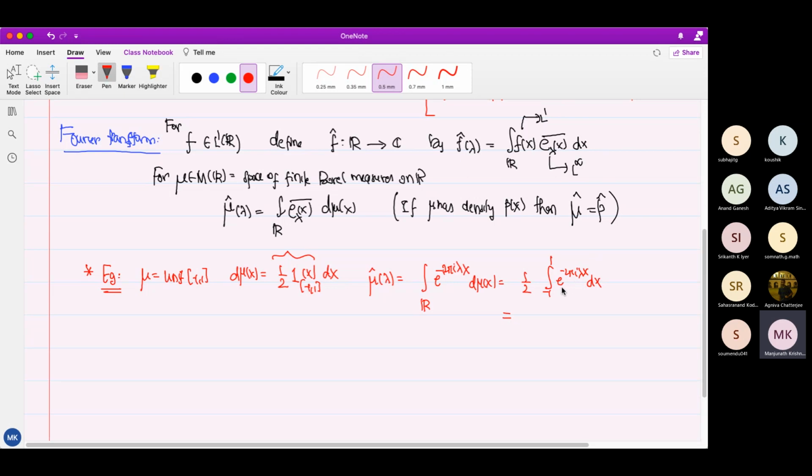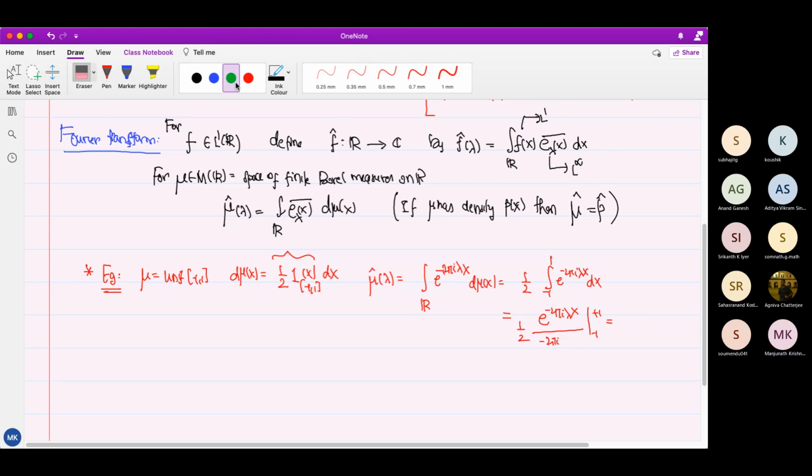The real part is cosine, so that will give me, well, in any case, it is actually e to the minus 2 pi i lambda x over minus 2 pi i, and then there is an extra factor half, from minus 1 to plus 1, where you get that minus that. So what do you get? e to the minus 2 pi i lambda plus e to the 2 pi i lambda. So you get cos, sorry, minus. So we subtract, right? Sorry. So we get